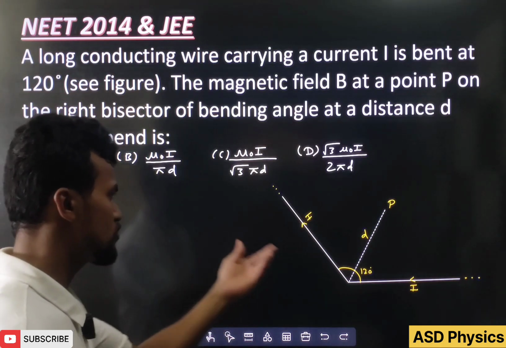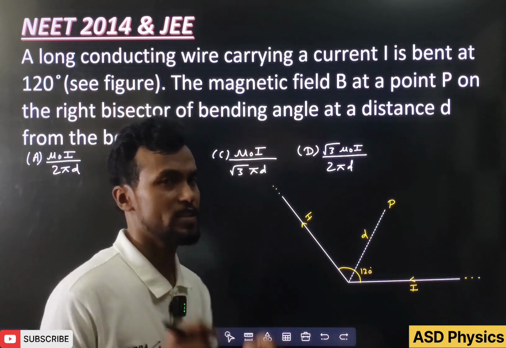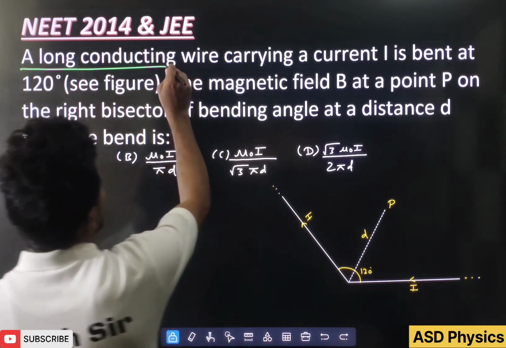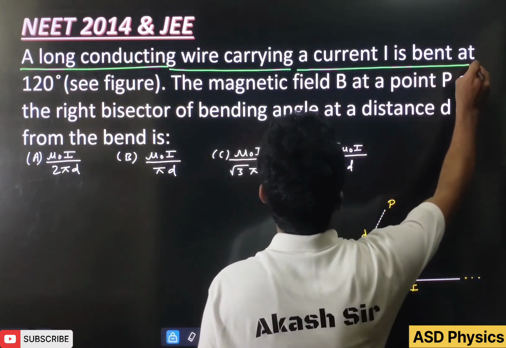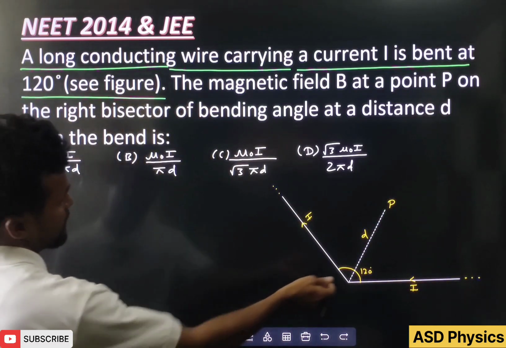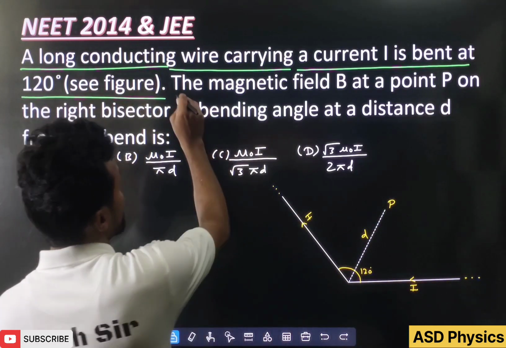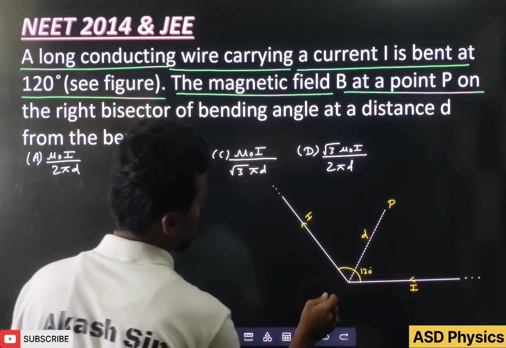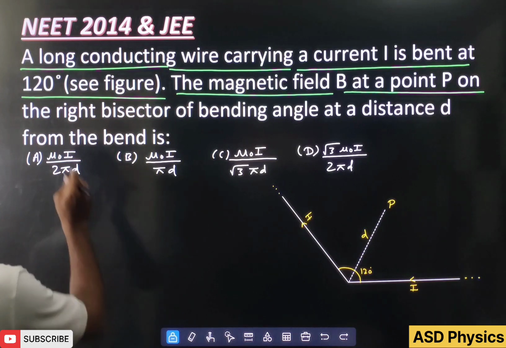Question is like this. This is also a semi-infinite wire case, but a little bit twisted. See here, the question was asked in NEET 2014. A long conducting wire carrying a current is bent at 120 degree, see the figure. Now see, the magnetic field B at point P